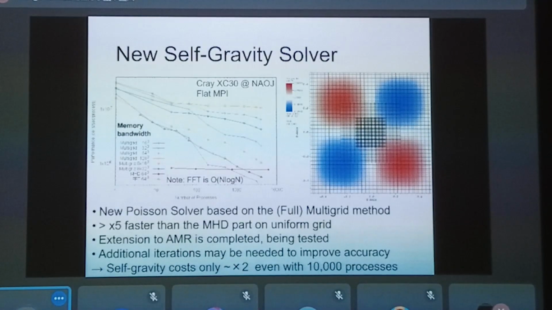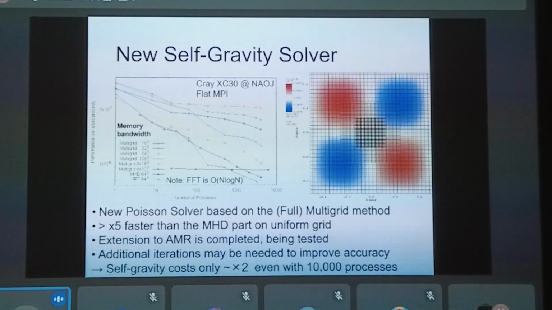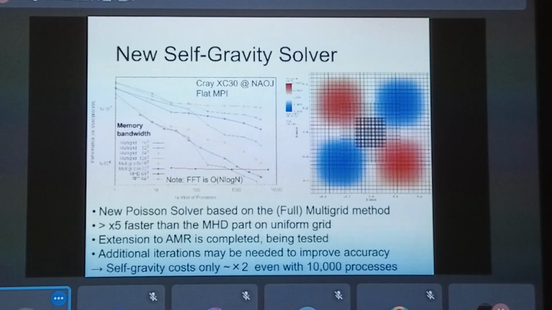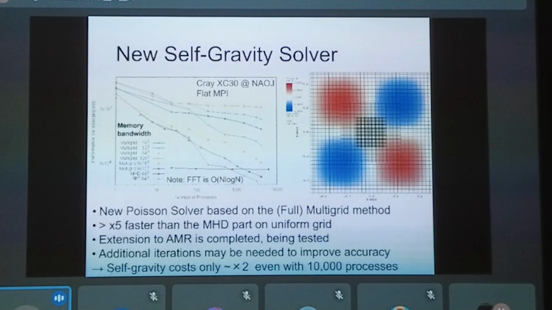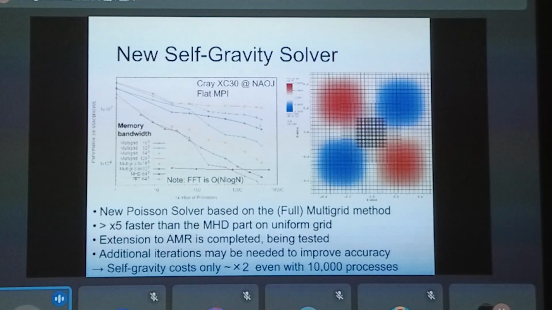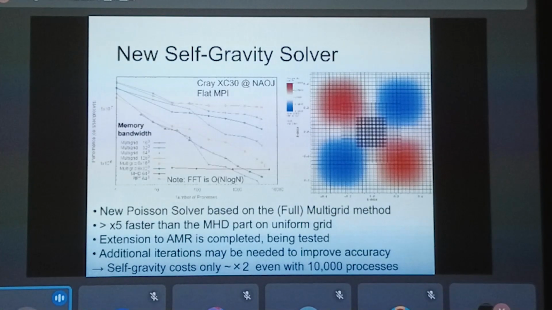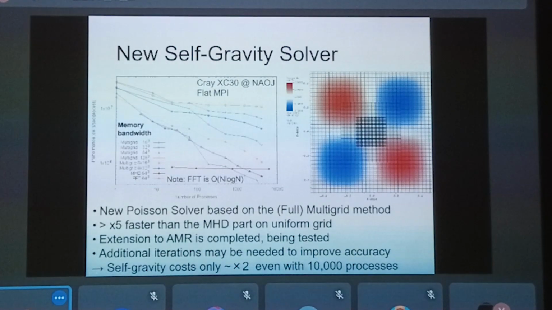This cyan or blue line is the same size of meshblock. The vertical axis is performance in units of cells per second per process. So compared to the MHD part, the self-gravity is like 5 to 8 times faster than MHD.